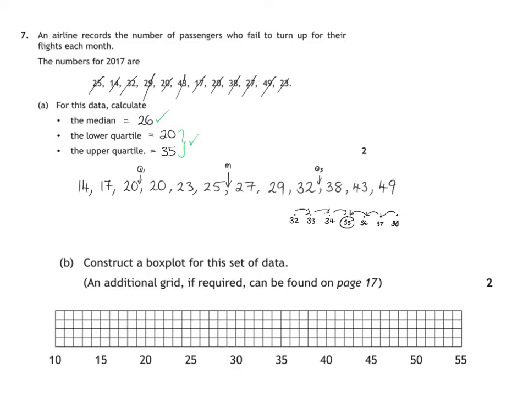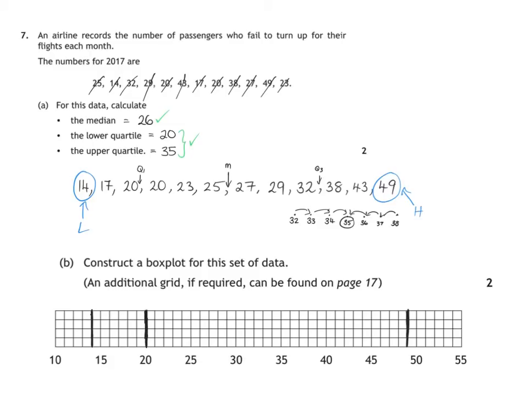So our box plot, we need to construct that as part of it. The other things we need for our box plot are these 2 here, so that's our lowest number, and this one here, which is our highest number. So when we're making our box plot, our lowest number is 14, so we make a mark at 14 on our box plot, and our highest number is 49, so we make a mark at 49. We also have our box as well, so we need to use our quartiles, so here we've got 20 as well. So might as well make a line at 20,